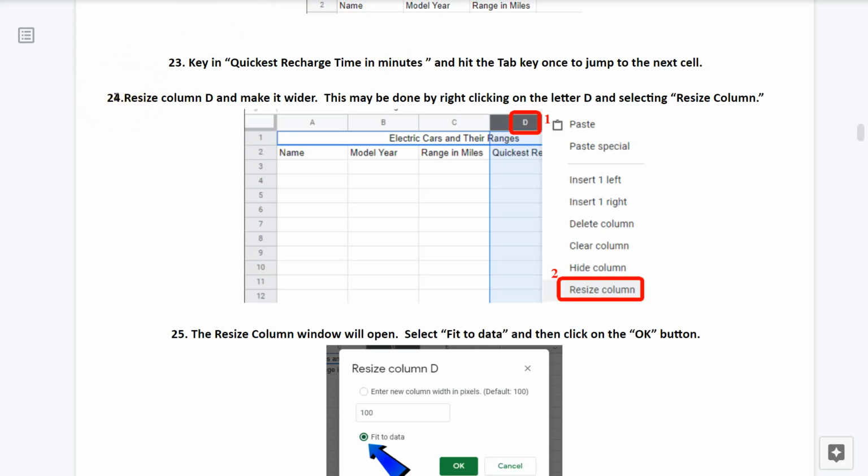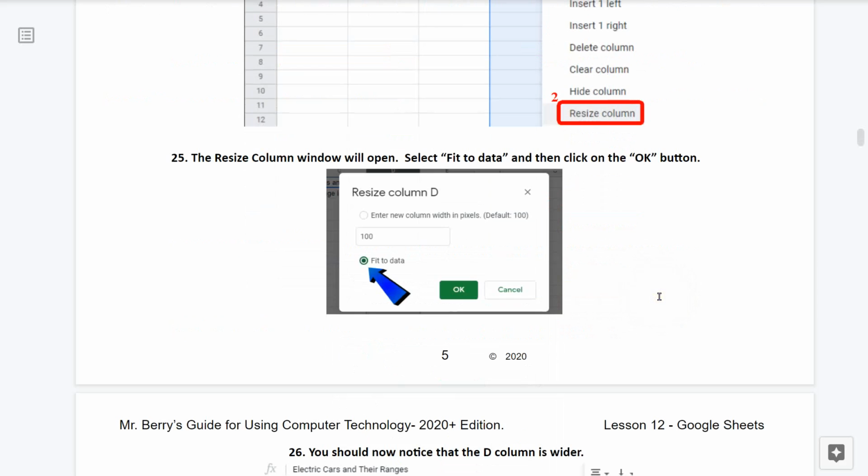Step number 24, resize column D to make it wider. This may be done by right-clicking on the letter D and selecting resize column as seen here. So you'll take your mouse, right-click on the D that's representing column D, and then this context menu will appear, and then take your mouse and click once on resize column. 25.